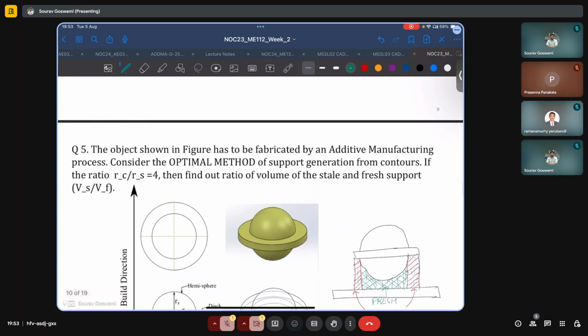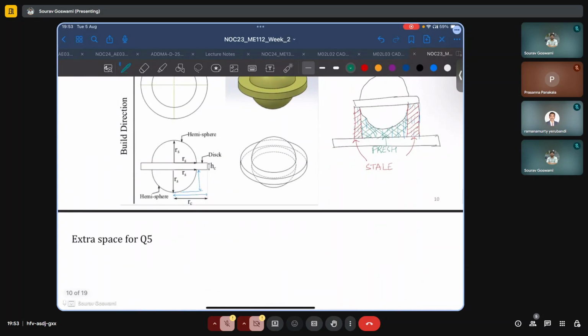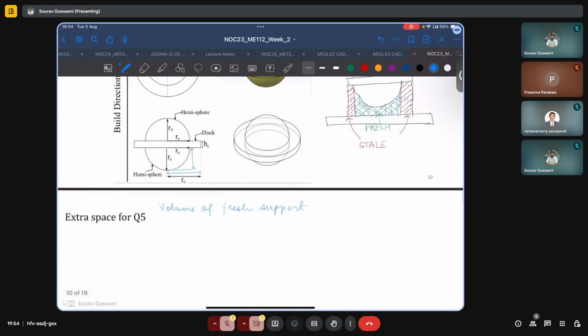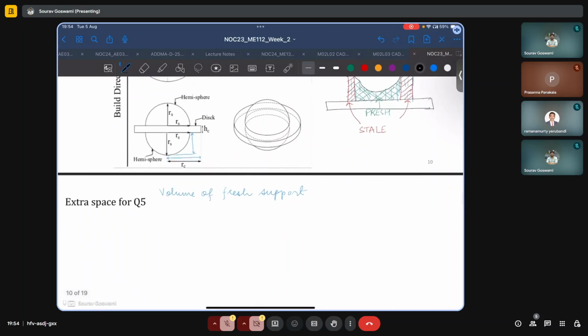And we are asked to find the ratio of volume of stale and fresh supports. So let us start by finding out the volume of fresh support. It can be approximated very easily because the region containing the fresh supports is something similar to,